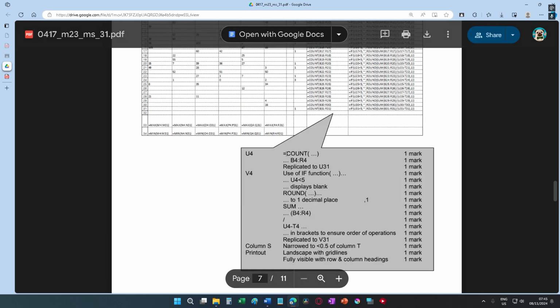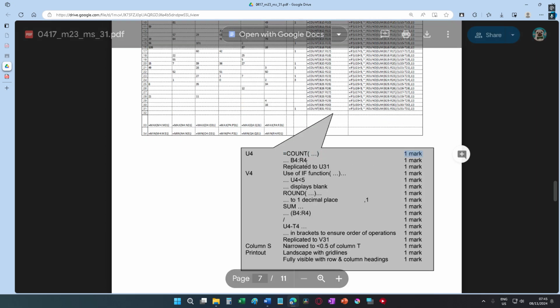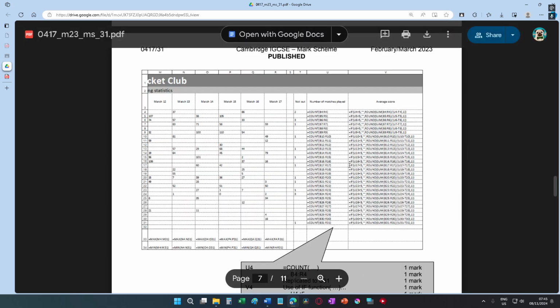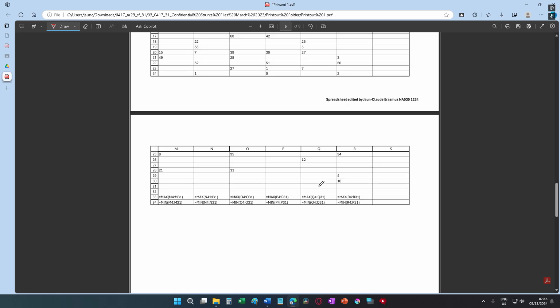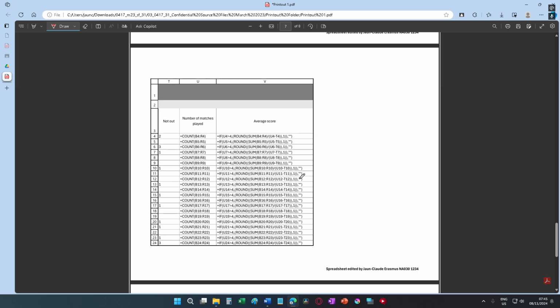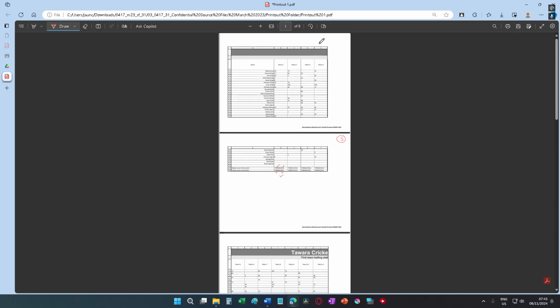What are we looking for? For the word count, and inside of brackets you get 1 mark. You can see how we mark this. If there is something here that you see you haven't done, this is where you learn. You put all your marks there, and at the end of this you'll have a single mark for the first printout. Then you go to your second printout,